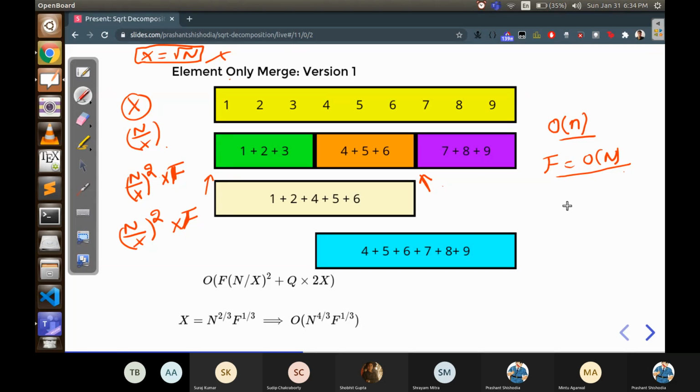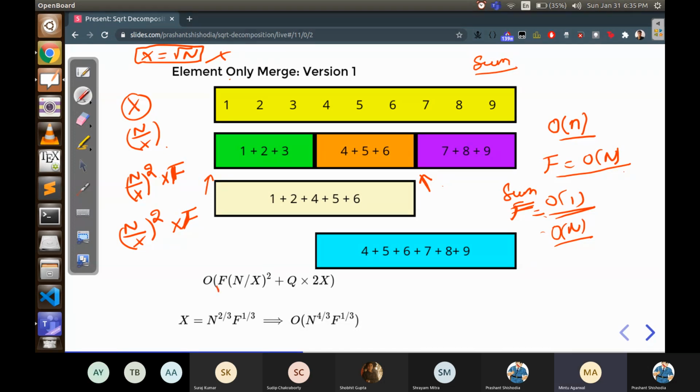Okay, is that fine? To give you an example, when we are just trying to figure out the sum of a range, as I told you earlier, there is a better algorithm. When we are just trying to figure out the sum, for each of the blocks we just have to store the sum, and that is O(1). So f is O(1) in that case. But for each of the blocks we can probably even store a graph, so that will be O(n), linear. Is that okay?